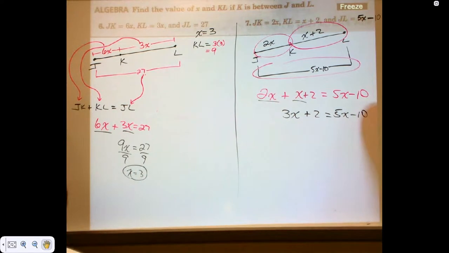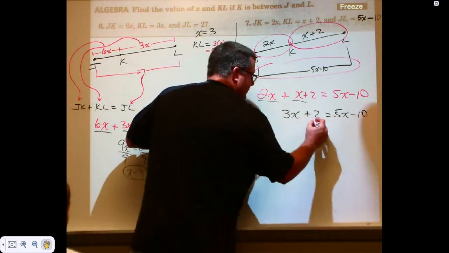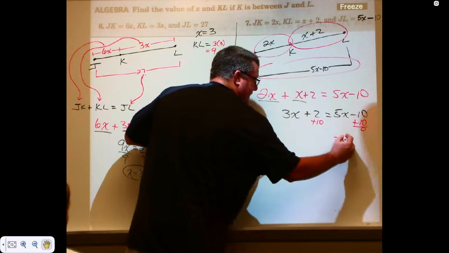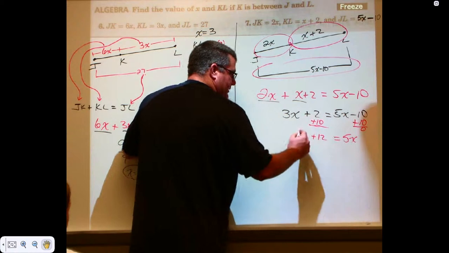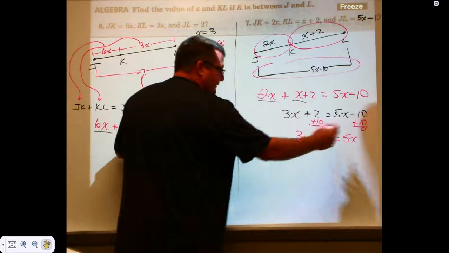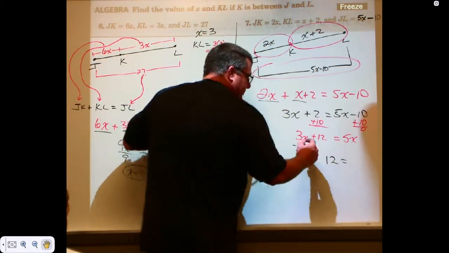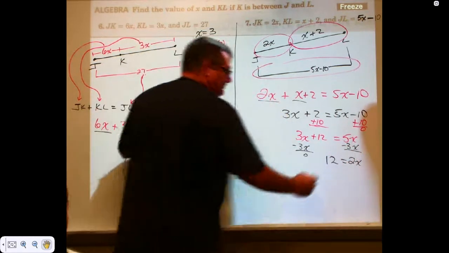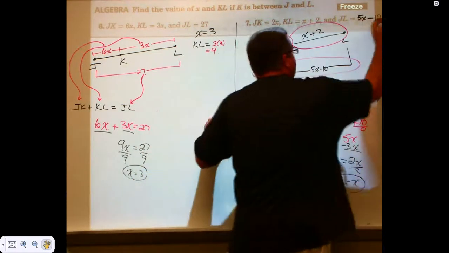Now, what do you do here? You just pick somewhere and start, don't you? Getting rid of things. What would I do? Okay, so what do you want me to do? Add 10 to both sides. That gets rid of that over there, just leaving what? These are like terms. What does this become? And this still stays what? Now what's your next step? Subtract. I want to get my variables on one side, everything else on the other, so I'm going to subtract 3x, where I just have a 12 on the left side. But whatever I do on this side, I have to do on this side. I'm left with what? 2x. What's my next step? Divide the 2 on both sides. And x equals 6. So I found x equal to 6.